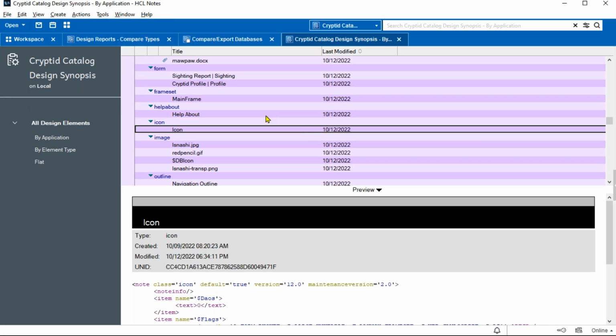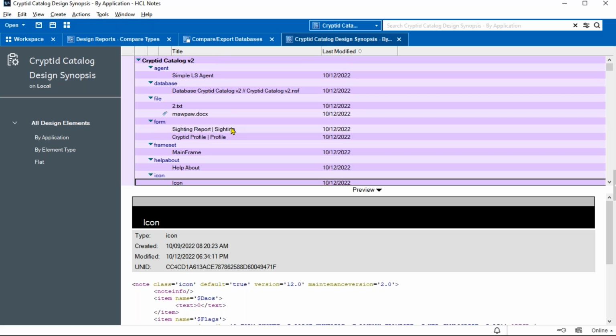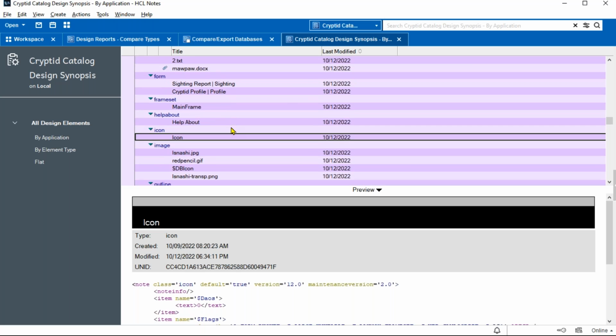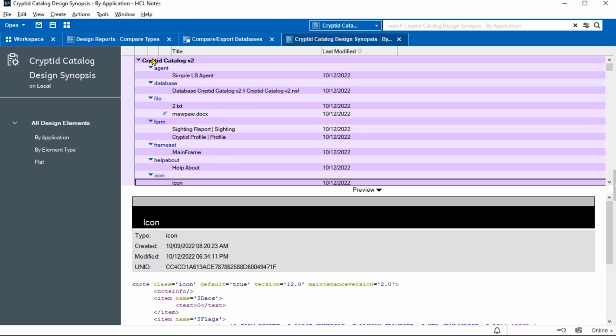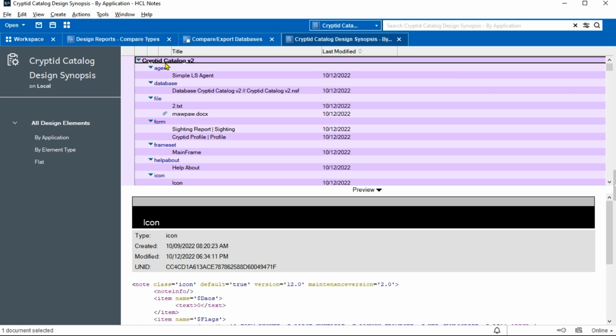And that's how fast it was. Again, it's not a super complicated application, but it contains a few views, a few forms. If you look at the information in here, you notice it's categorized by the application title. We do this because it's possible to export more than one into the same design synopsis database, which is handy